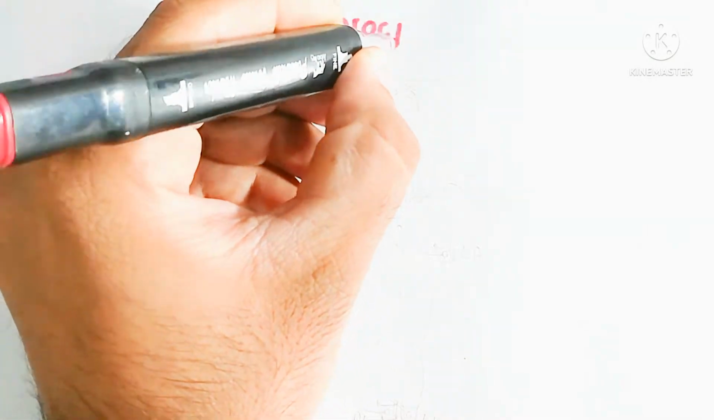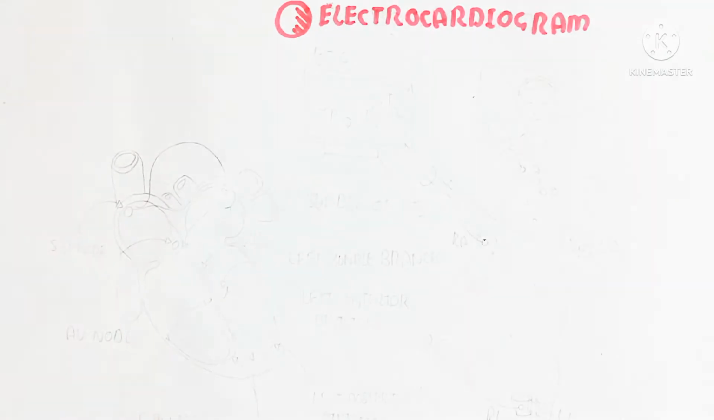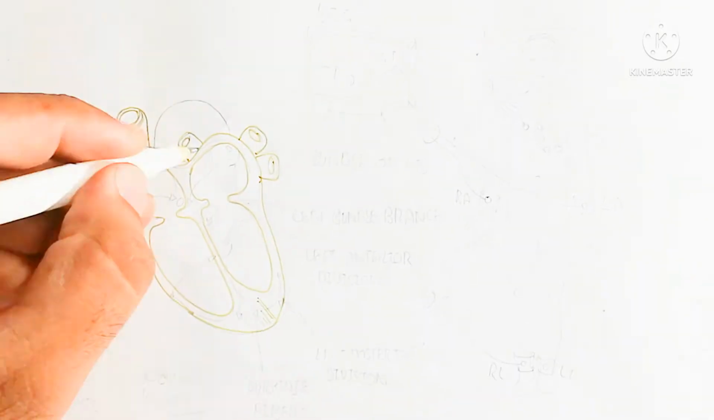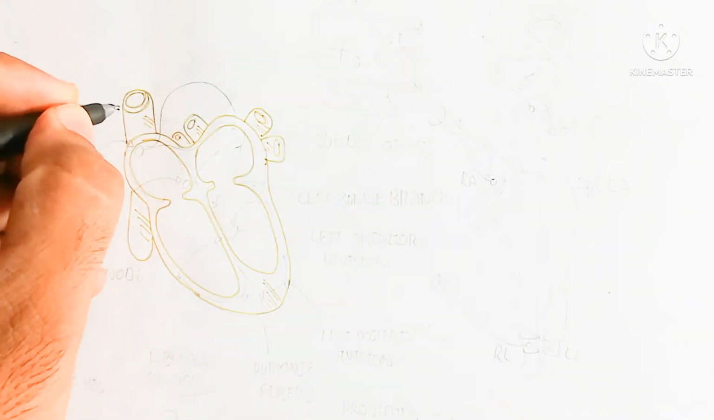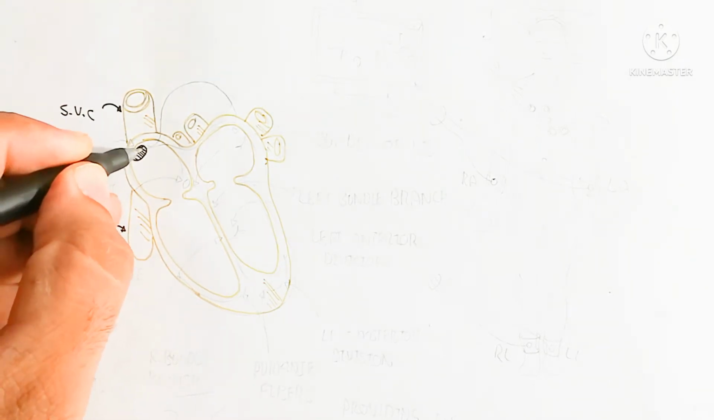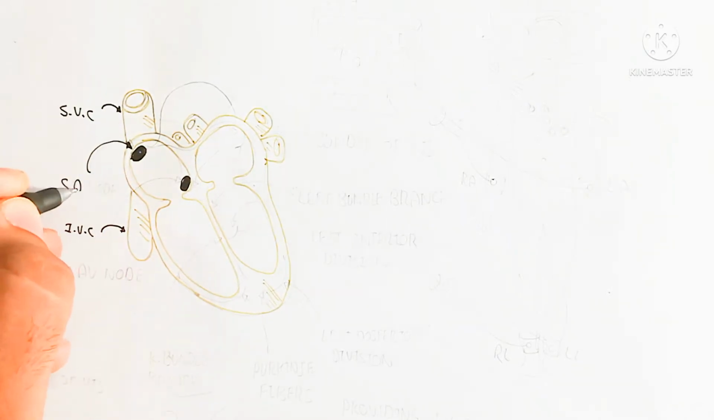Hello, in this video we will discuss the electrocardiogram. After understanding the electrocardiogram, we will also learn the cardiac muscle action potential. First of all, we should understand this diagram of the heart, which contains the right and left atrium, the right and left ventricle, the superior vena cava and inferior vena cava, and this